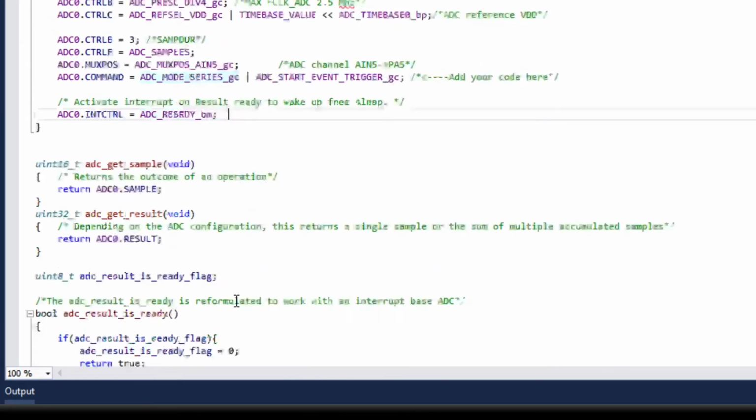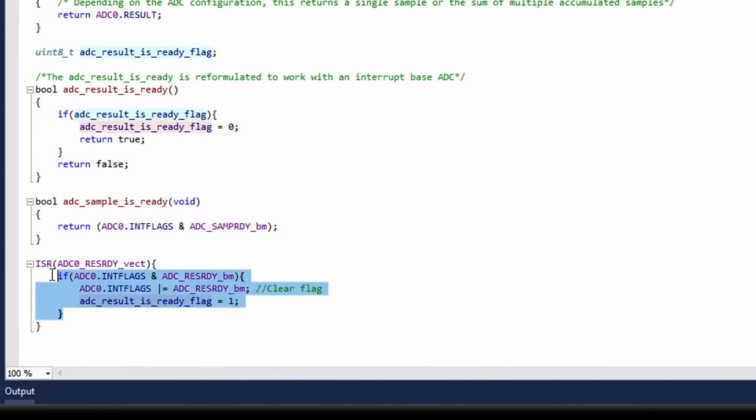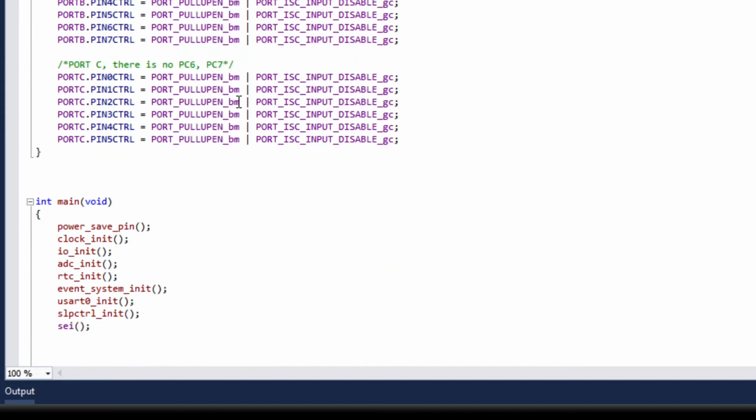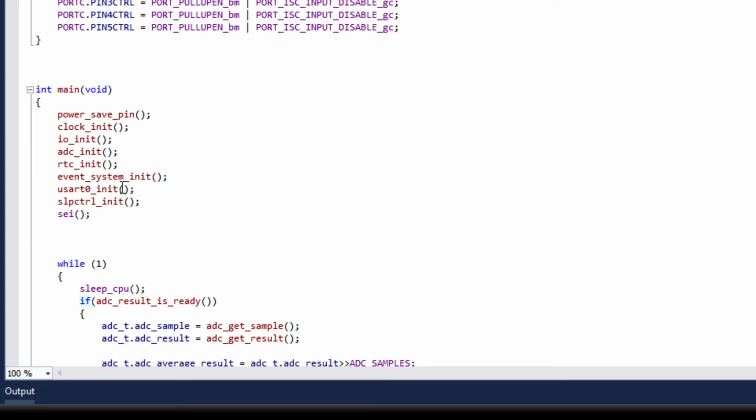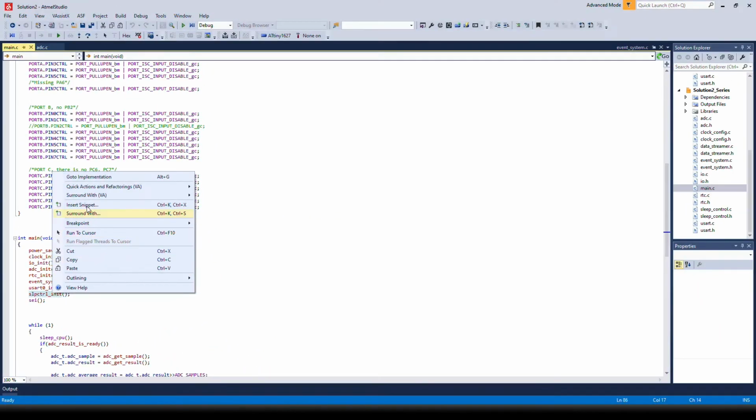We also have to make the interrupt routine, which handles the interrupt. And we have to do some slight changes to the ADC result ready to work with this new interrupt routine we have created. In addition, to make the device go to sleep, we have to do some other configurations. So we have now created a new sleep control init, which sets up the ability for the device to go to sleep. So if we take a look at this one,